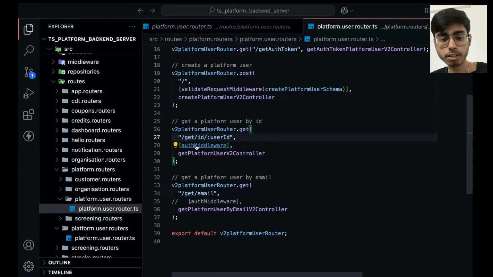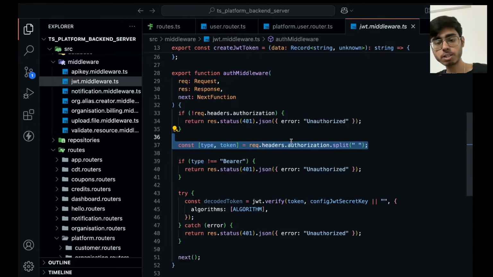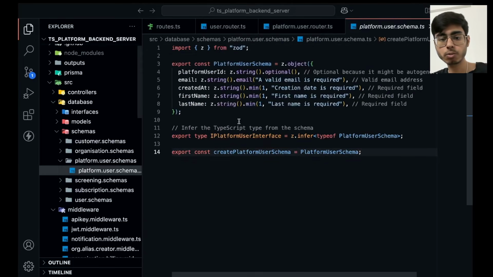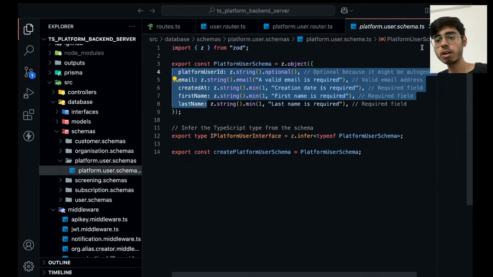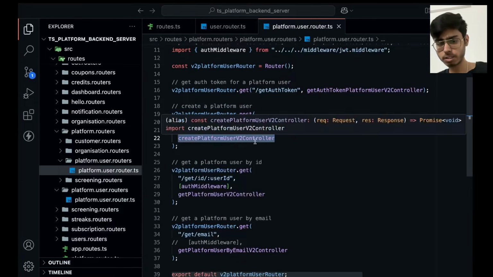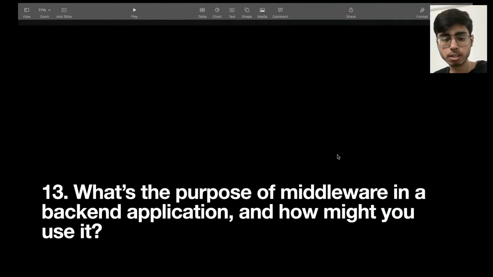So for that I created this authentication middleware, and this fetches the token from the user request headers, and then it verifies the JWT, and validates whether it is expired or not, right? Similarly, I have another middleware which checks the schema of my body, and checks whether all the required fields are provided or not, and only if it is validated does it allow me to go to the controller function, which is the next layer in our server for doing certain tasks, right? Great. That's what middleware does, right? You need to explain this with some examples.